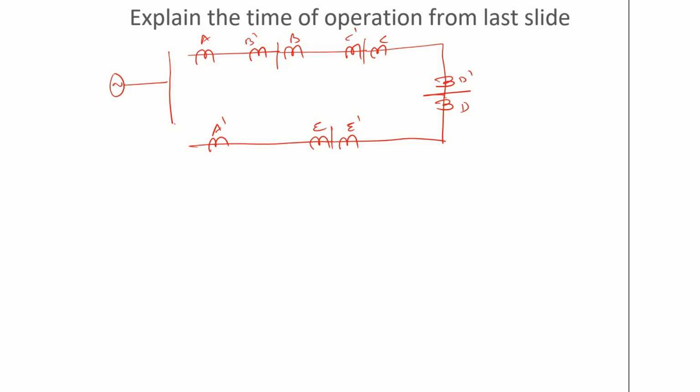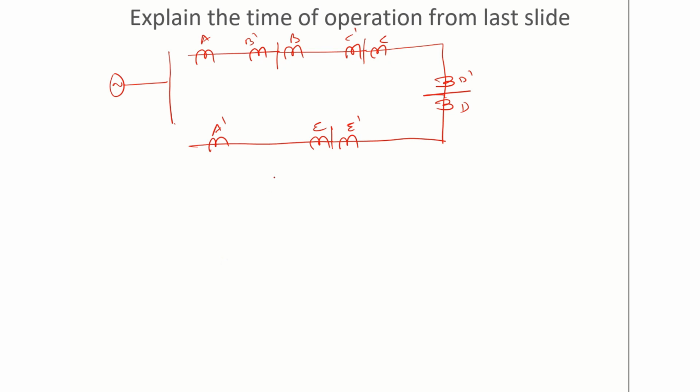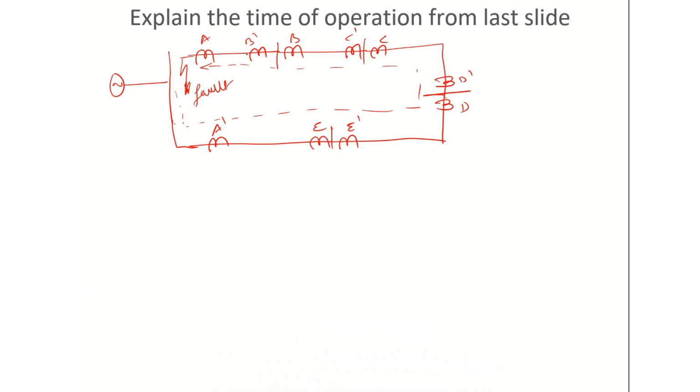Now, like I have already discussed, if we have to grade or coordinate these relays, first we consider that the point at A is open and the point at A dash is closed. Now consider one fault which is here. For this fault, as I have already discussed, the current will flow like this. When the current is flowing like this, if the relay B dash operates, it should isolate the fault. So the minimum time of operation should be for the relay B dash,